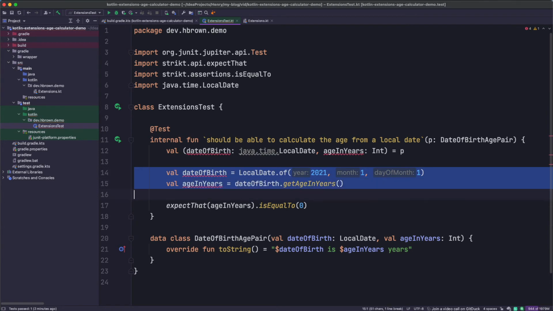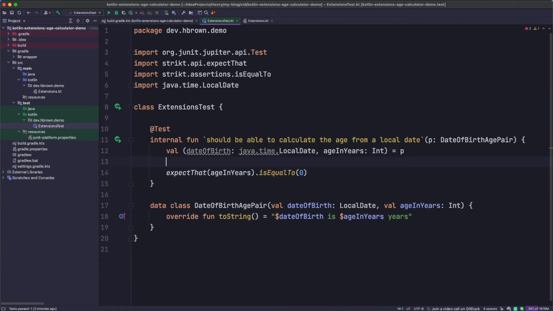Okay, so then I don't need these two things anymore, because those two things will get passed in over there,